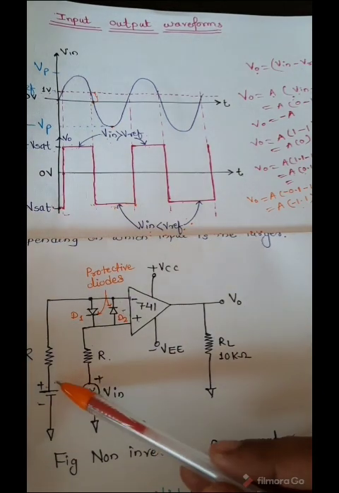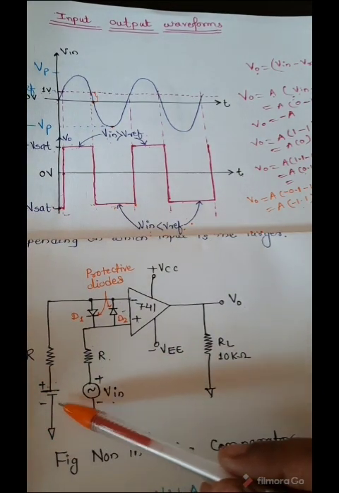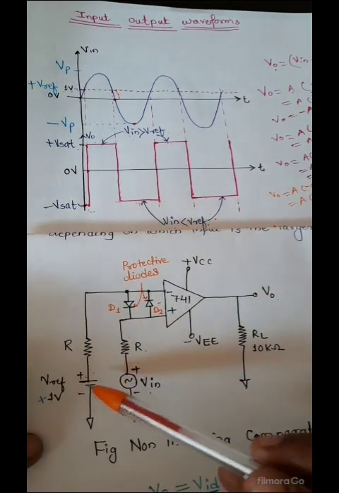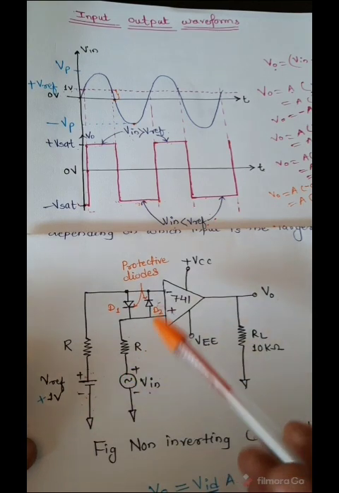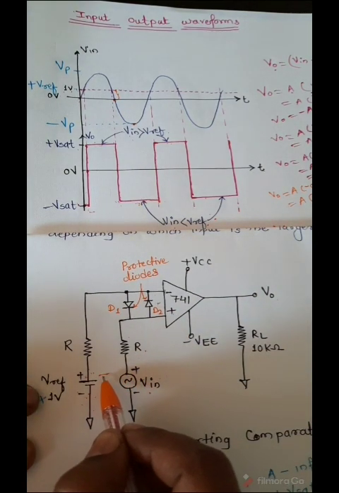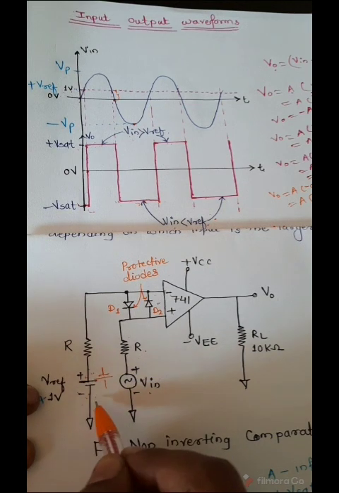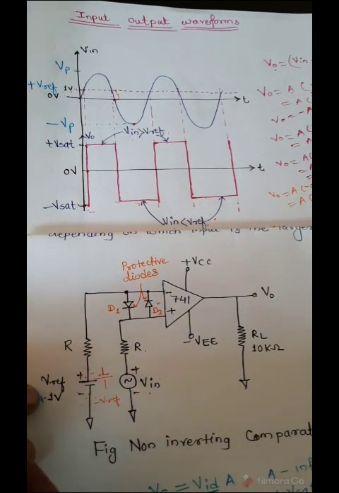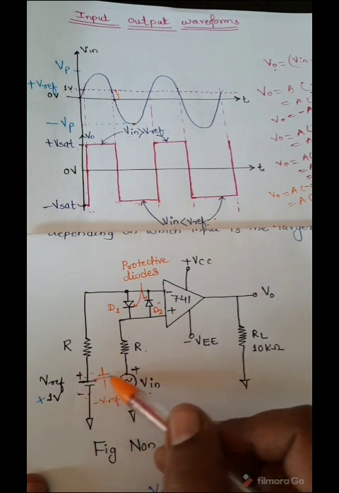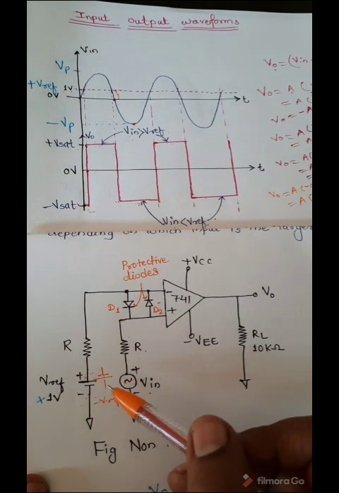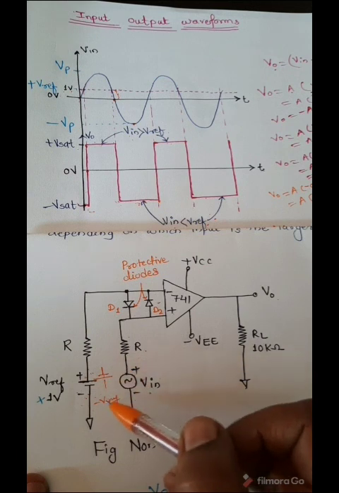What happens when we change the reference voltage level? Now our reference voltage is plus reference voltage. If we alter the polarity of this reference voltage, that is, we provide a negative reference voltage, minus V reference, what happens? If the reference voltage is negative with respect to ground and the sinusoidal signal is applied to the non-inverting input terminal, means the same sinusoidal signal is given to the same input and only this reference signal we are going to change. We are making it negative with respect to ground.